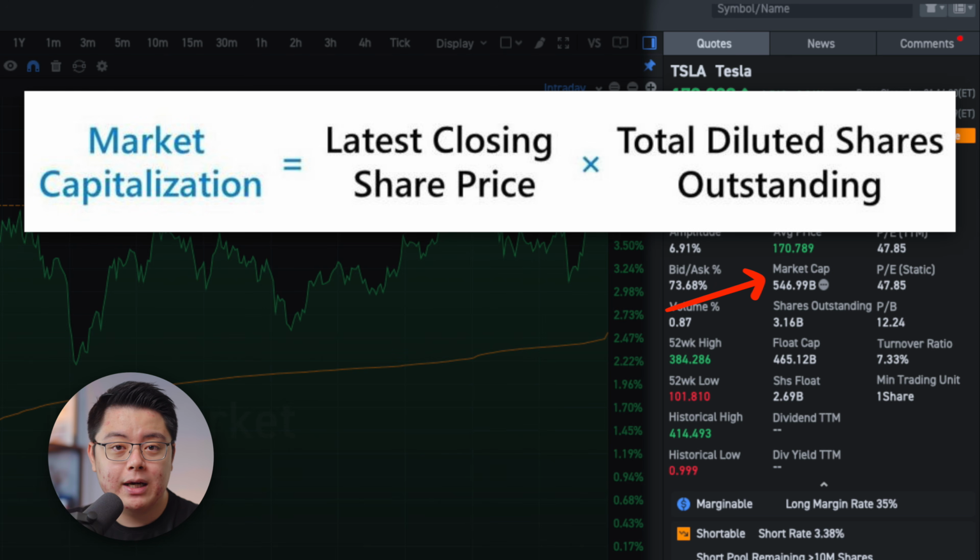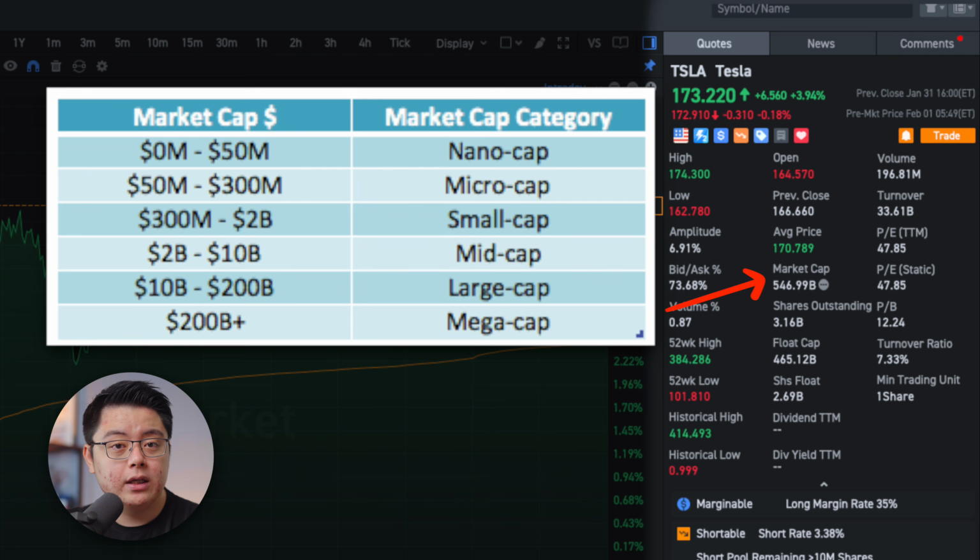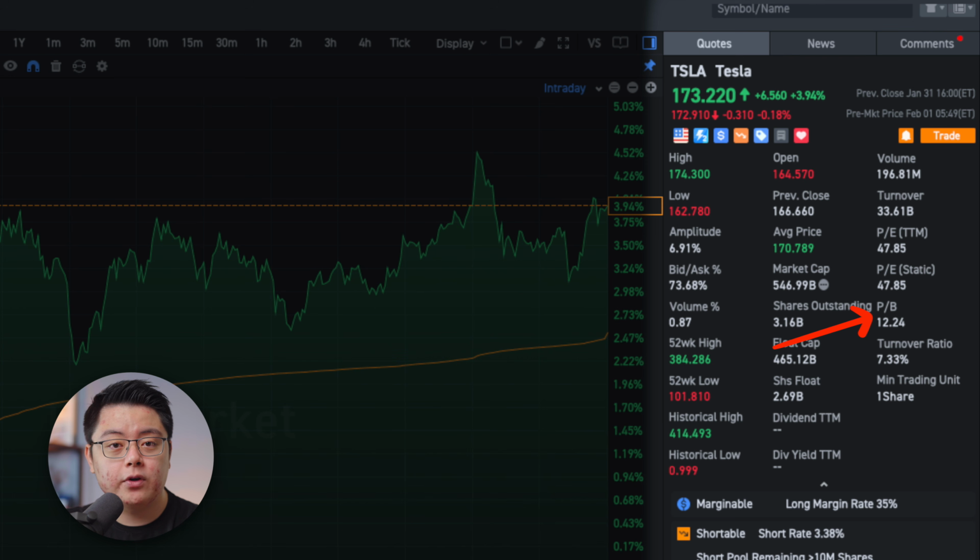Market cap, this stands for market capitalization of the company in the stock market. And when you hear someone saying this or that company is this big or that big of a size, then usually they are referring to its market cap. And P/B stands for price to book ratio, which is another financial ratio to value a company as well. And the remaining metrics are nice to know, but not exactly important at this point in time, so let's skip